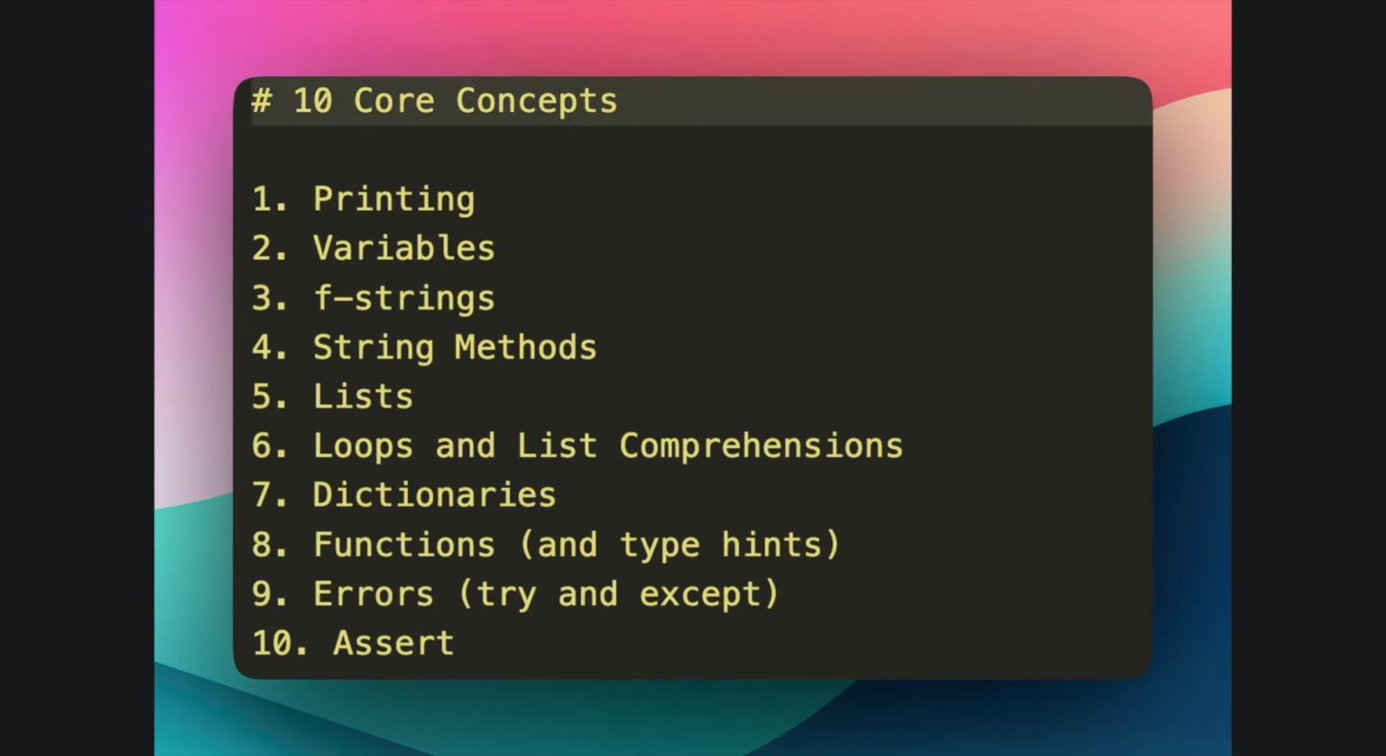This video covers 10 core concepts of Python programming. These concepts are vital for building in Python, whether you're a computer science student or a non-coder who got stuck